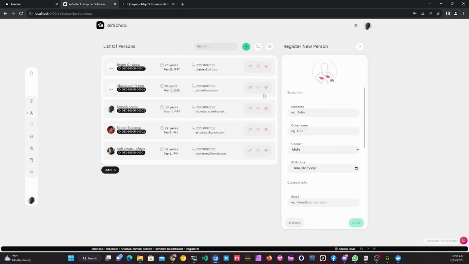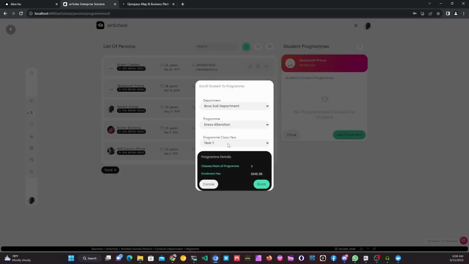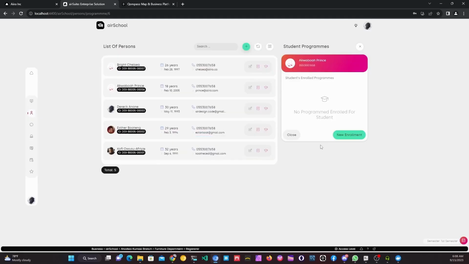Registration fee is different from enrollment fee. Registration fee works across the airSuite apps, where a client, in this case a student, is required to pay an amount to be added to the business as its client. Program enrollment fee is the fee charged for enrolling in a program, which is also set up when creating your